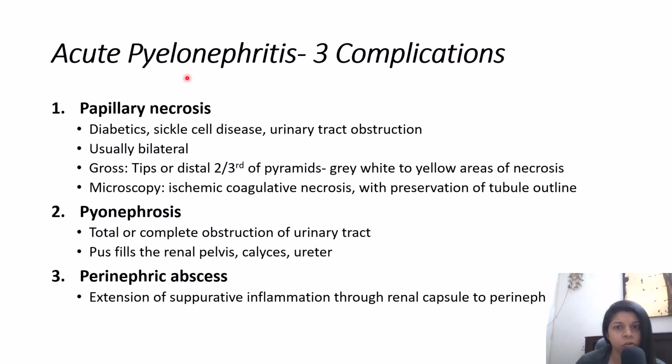Next, acute pyelonephritis has three complications. First is papillary necrosis, second is pyonephrosis, and third is perinephric abscess. Papillary necrosis: renal papillae. In some conditions, the papillae is the first part to get necrosis, because